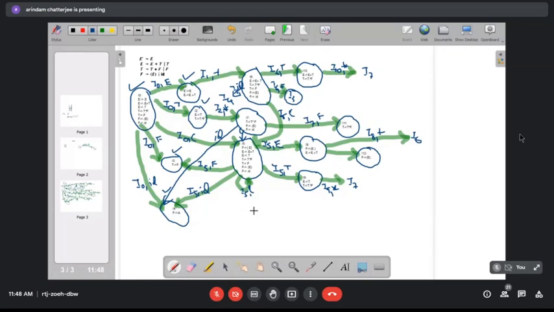Oh, I'm sorry. I9 should not be a new state. That is what is causing this problem. If you look at I5 comma T, this produces E producing T dot and T producing T dot star F. That is nothing but I2. So I have made a mistake here. This state should not be there.